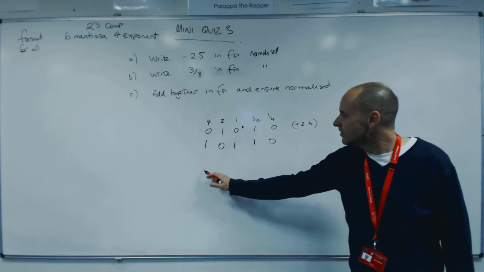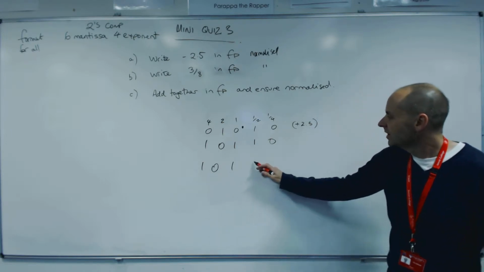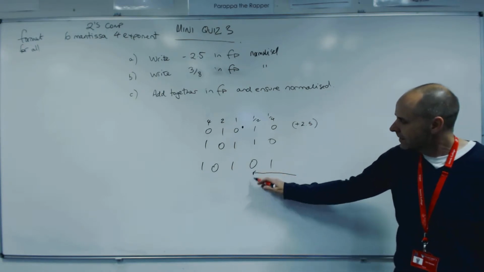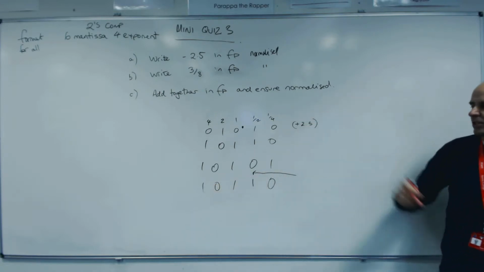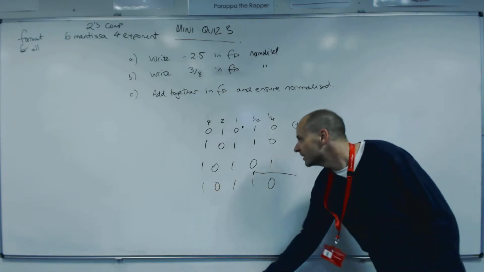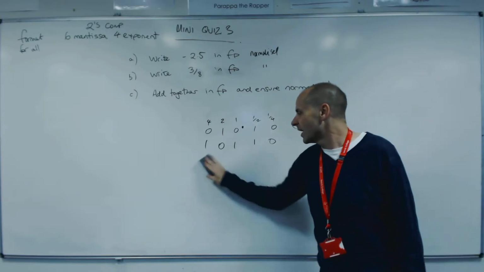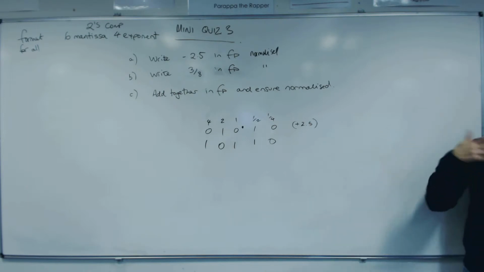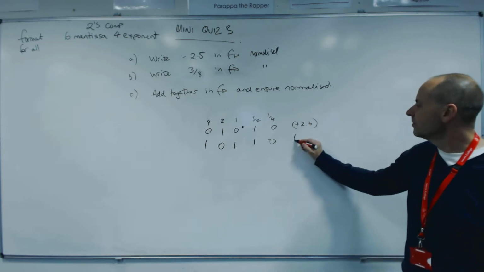Remember the full way of doing it, we go flip, flip, flip, flip, and then we add 1, so we look for the first 0 that way. Make it a 1, everything we went past is a 0. So you're just doing that process, you're just saving having to rewrite the last bit. Use whatever method works for you. If you can do the quick way without messing up, do it because it's quicker. But if you have to do the flip and add method, do the flip and add method. Remember, that's the 2's complement process, so they might ask you about that. Okay, so that's going to be now minus 2.5,